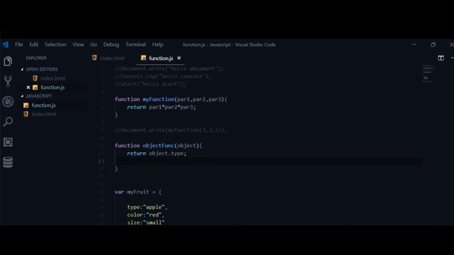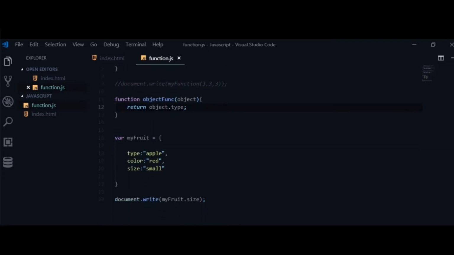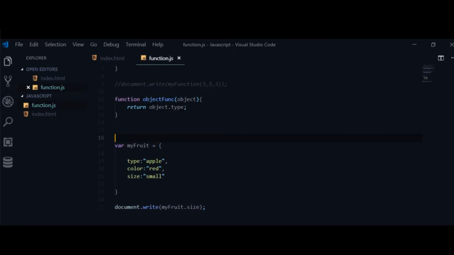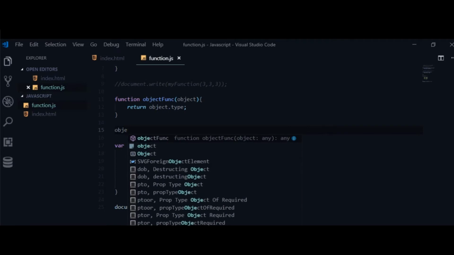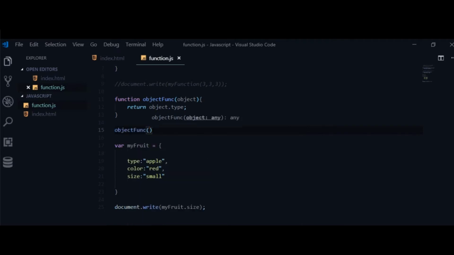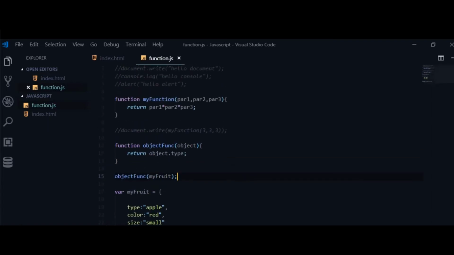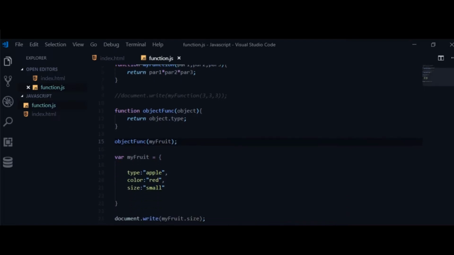Then I'm gonna do the semicolon to show that it's the end of the statement. So for me to be able to use this function, I told you I have to call this function object function and so forth. Then I'm gonna say object function, then putting the object, which is my fruit object, as the target. What I've done here is equivalent to what we did on the previous function,